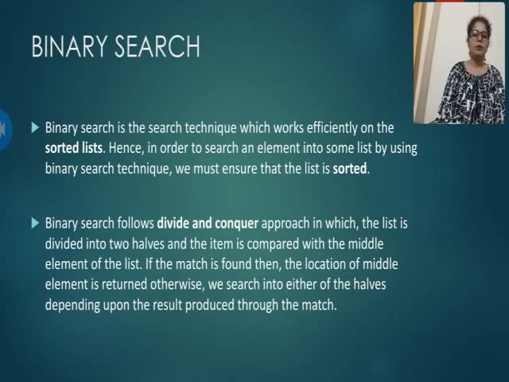Let's discuss an example of binary search, how it works. Suppose someone has to search any name in the dictionary. What he has to do is open the dictionary in the middle. Then check the availability in both halves of the dictionary. Suppose he has to search for a word which starts with G. Now he will check whether it will be in the first half, that is the left portion of the dictionary, or in the right half, the right portion of the dictionary.